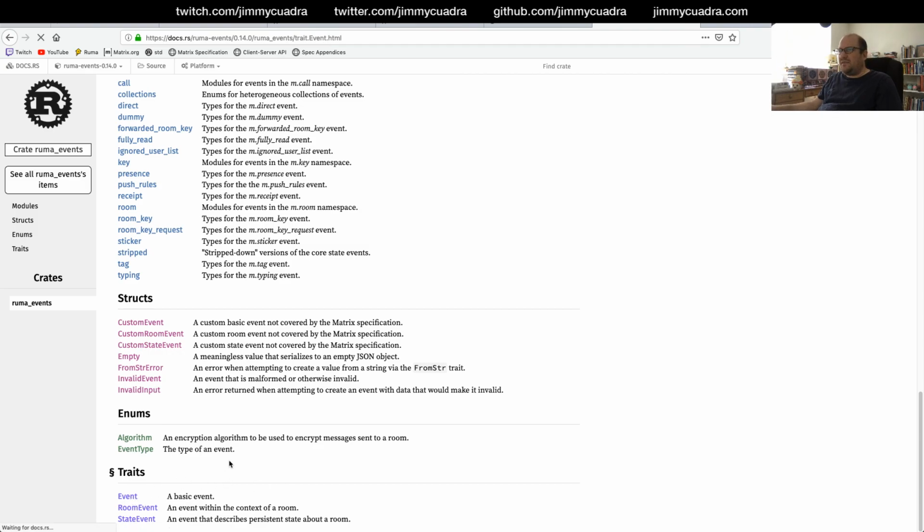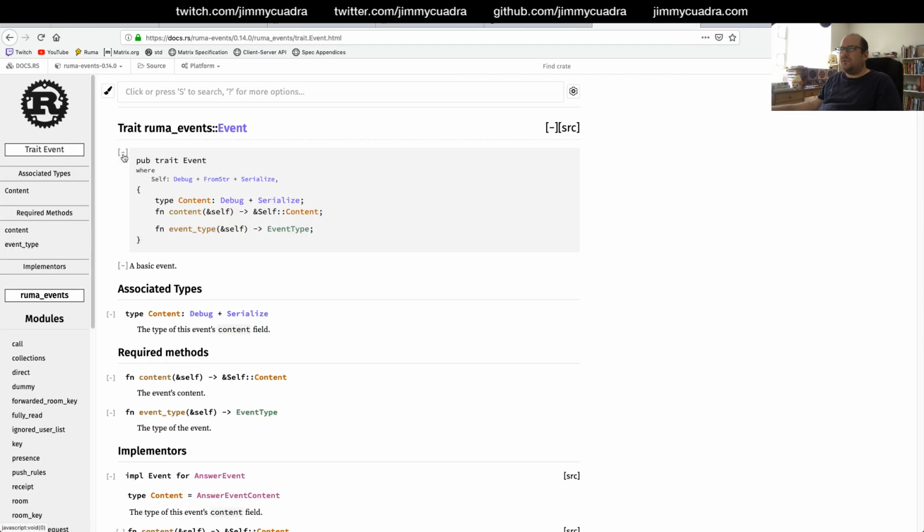So originally the trait for event looked like this. The type that you're implementing event for also needs to implement the debug trait, the from string trait, and the serialize trait. From string is from the last revision where we had hidden that deserialize implementation. So essentially this from string implementation stands in for deserialize. You can basically think of an event as something that can serialize and deserialize and then has a debug implementation just to make it easy to print out.